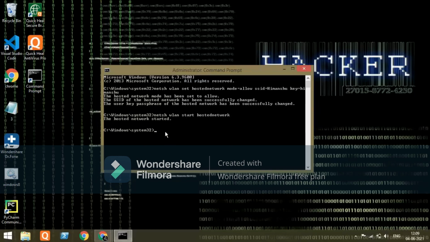Now you can connect to this hosted network with your Android mobile phone or any Wi-Fi capable device. To stop the hosted network, you have to type the same command, netsh wlan stop hostednetwork. It will stop the hosted network. By using this command, you can create a free hotspot using your command prompt.